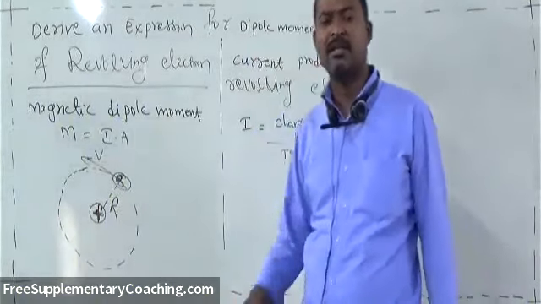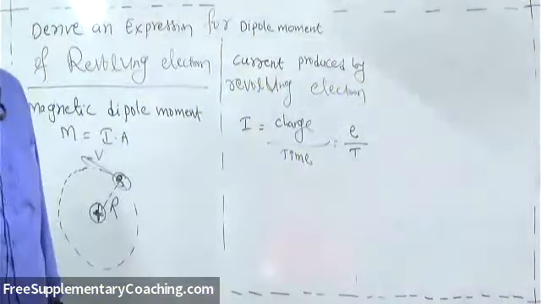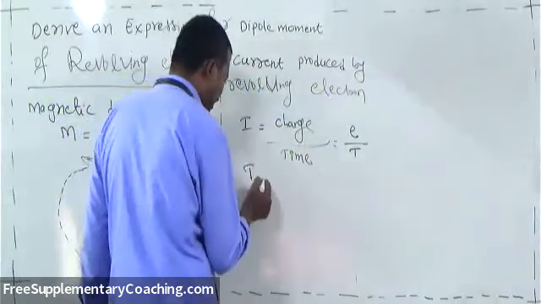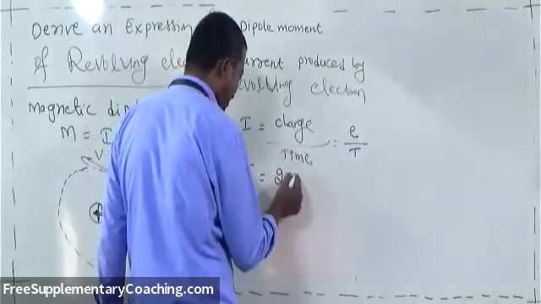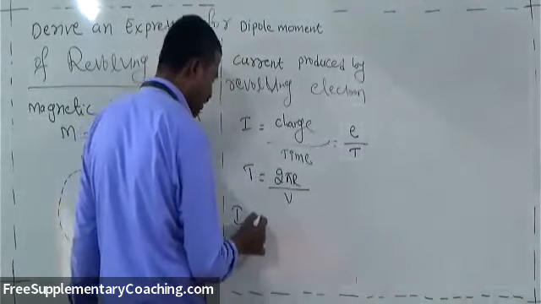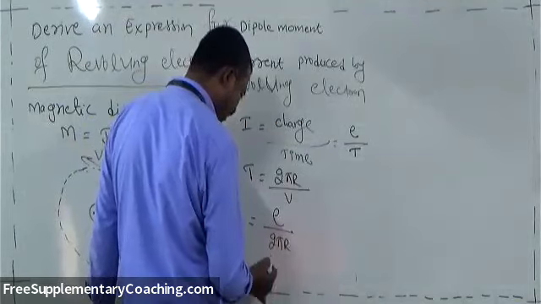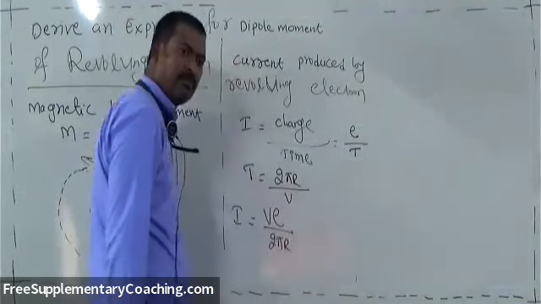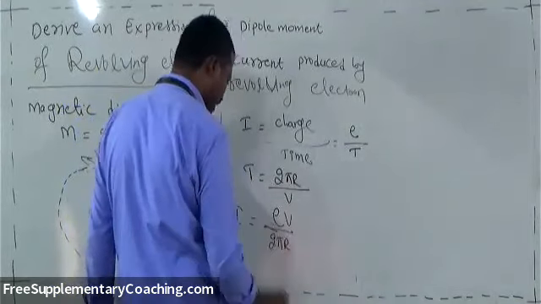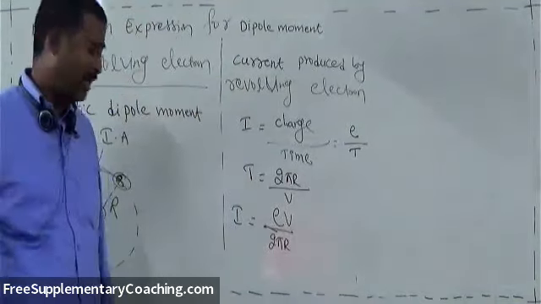v स्पीड से। तो मुझे एक रेवोल्यूशन में स्पीड पता है, डिस्टेंस भी मालूम है। सो कैन आई फाइंड टाइम पीरियड? दैट इज, टाइम T can be written as distance, that is 2πr by speed v. So यहाँ पे सब्स्टिट्यूट करें तो I is equal to e upon T, 2πr by v, v तो ऊपर आ जाएगा, करेक्ट। सो जो करंट मुझे आया, ev by 2πr आ गया।